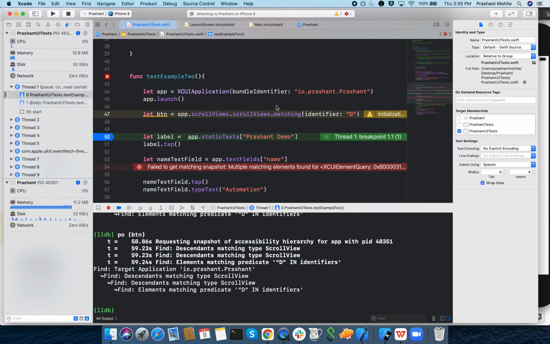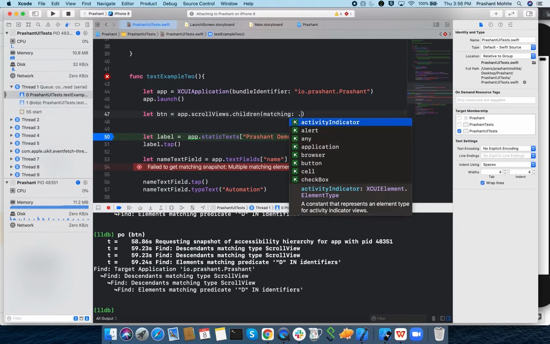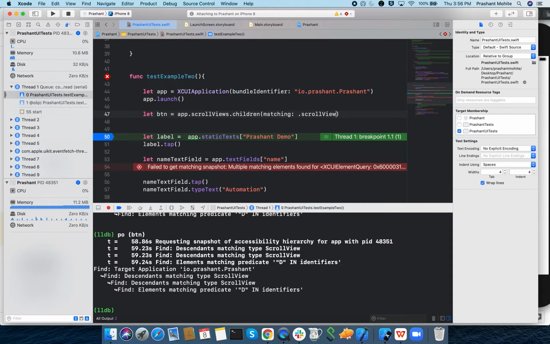Now what I'll do is say, inside the scroll view, children matching. What type of element do I need here, that is the child of that particular scroll view? Scroll view.